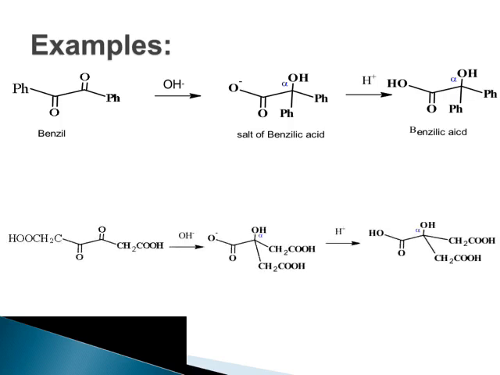Here is the second example where again I have given you a symmetrical molecule only. You can divide this into two identical halves. So, OH minus will attack any one of the carbonyl carbons, oxygen will acquire a negative charge, and then this CH2COOH will migrate to the adjacent carbonyl carbon, followed by intramolecular proton transfer to give this carboxylate ion, which undergoes acidification to give the corresponding alpha hydroxy acid. With respect to this carboxylic group, this carbon where OH is present is the alpha carbon atom. So, that is why it is an alpha hydroxy acid.